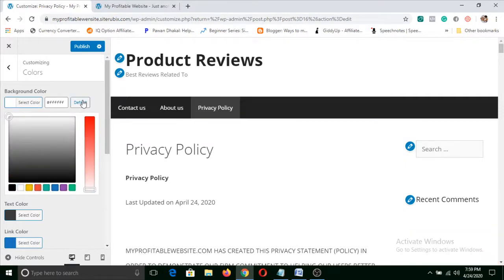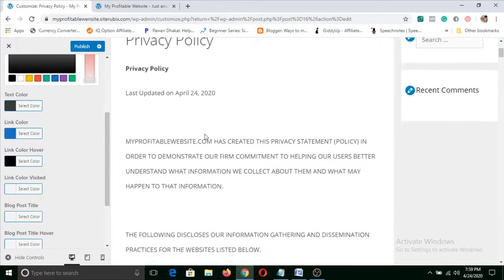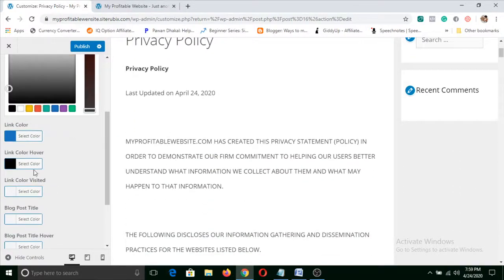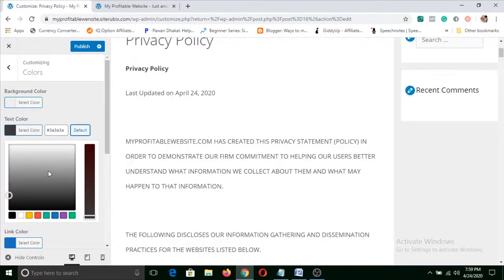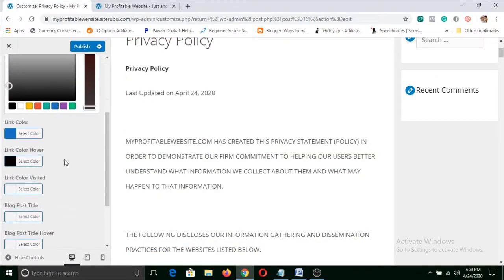We will not do anything in there. In text color, you choose what kind of text color you want. If you want totally black, click here. If you want yellow, then this. It is better to put it in default, that is good.